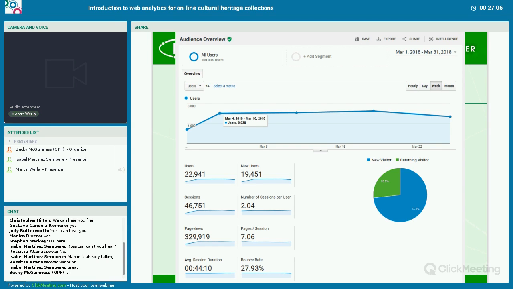And yes, you can see that, for example, in case of this page of this website, there were in total around 19,451 users, and they did... the total number of users was 22,000 and 19,000 were new users. They did 46,000 sessions, so 46 thousand visits, and the number of page views, so the number of pages